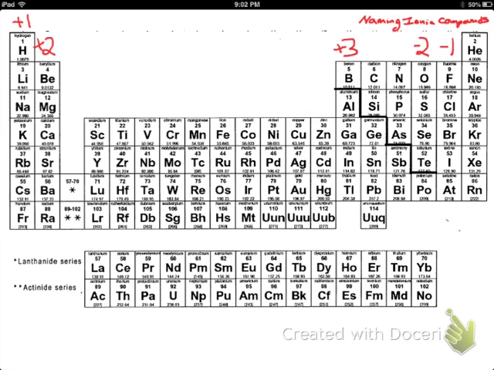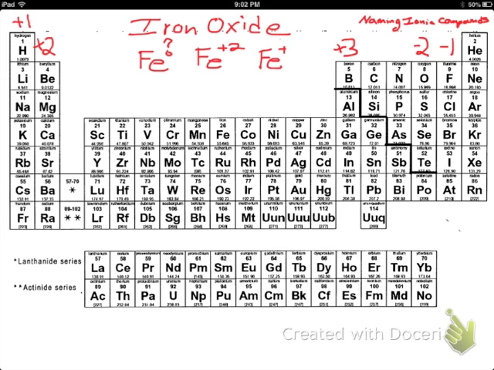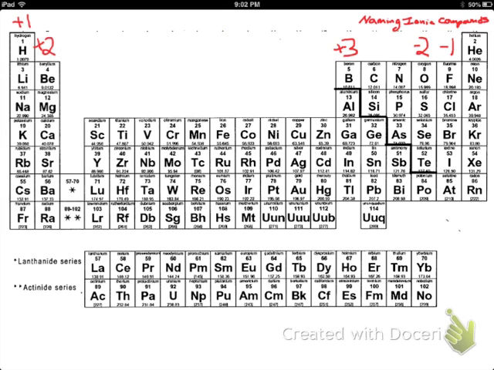What if we want to write something like iron oxide? The problem with this is there's an ambiguity. We don't really know what the oxidation state of the iron could be. It might be +2, it might be +3. This is where the Roman numerals come in. Instead of writing iron oxide this way, instead we would see the compound written as iron(II) oxide, or perhaps